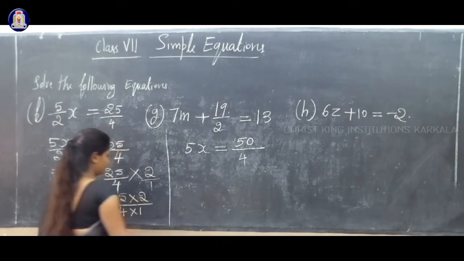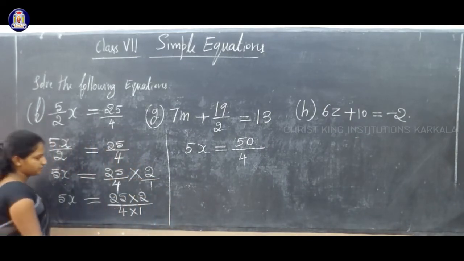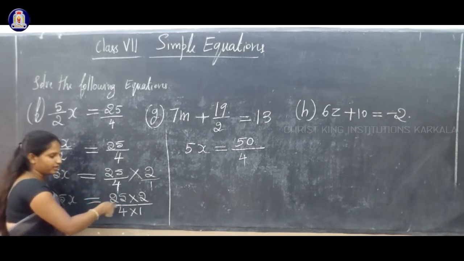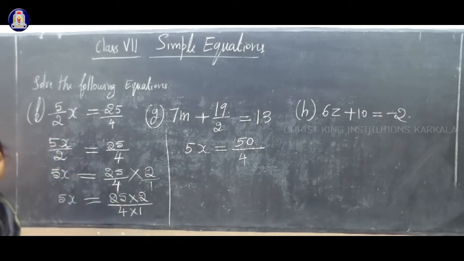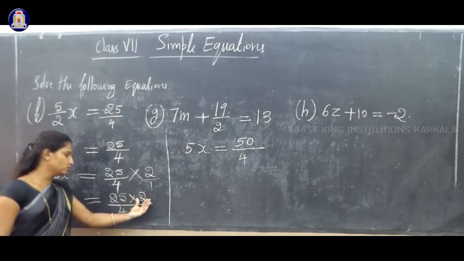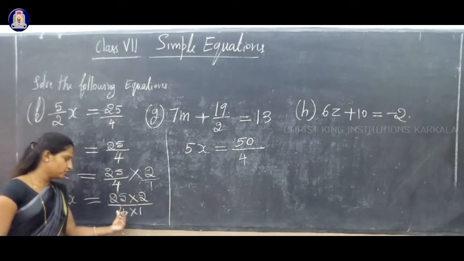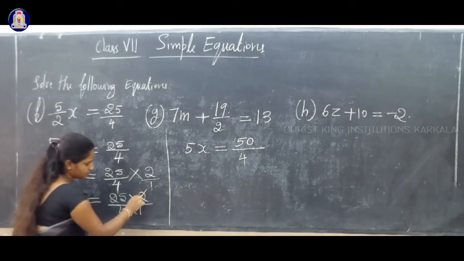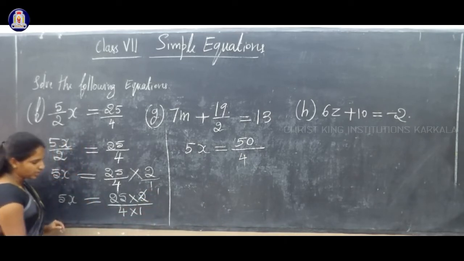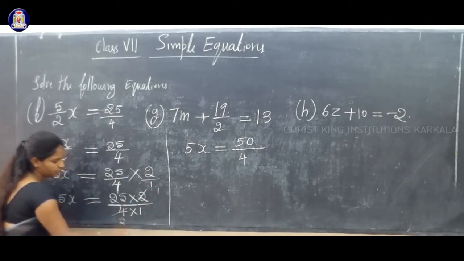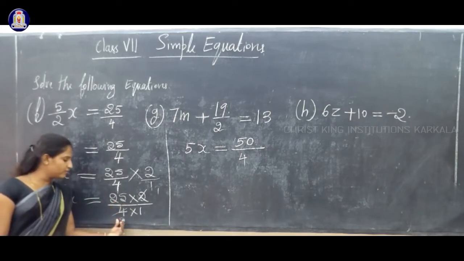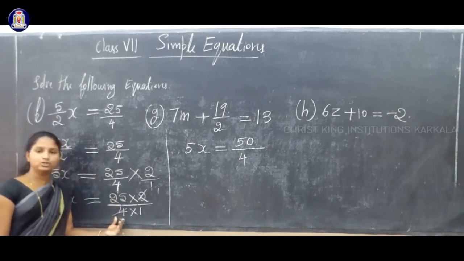See, you can simplify also. You can simplify like this: 2 and 4 will divide. We can divide first, or we can multiply and then divide. So here 25 into 2, and in the denominator 4 into 1. We can divide directly like this. 2 how much are 2? 2 1s are 2. And 2 how much are 4? 2 2s are 4. So what is the value in the numerator? 25. And in the denominator? That is 2. Clear? So 25 by 2 is the answer.